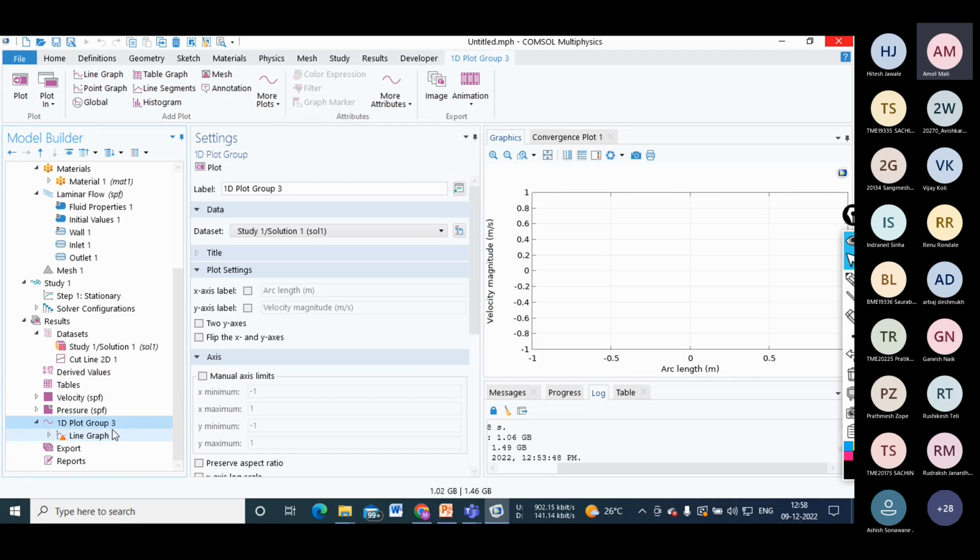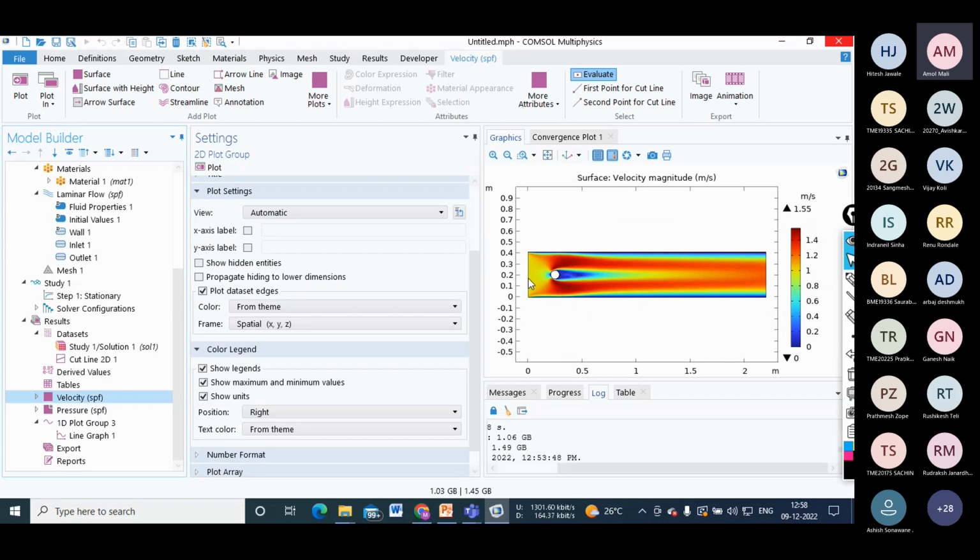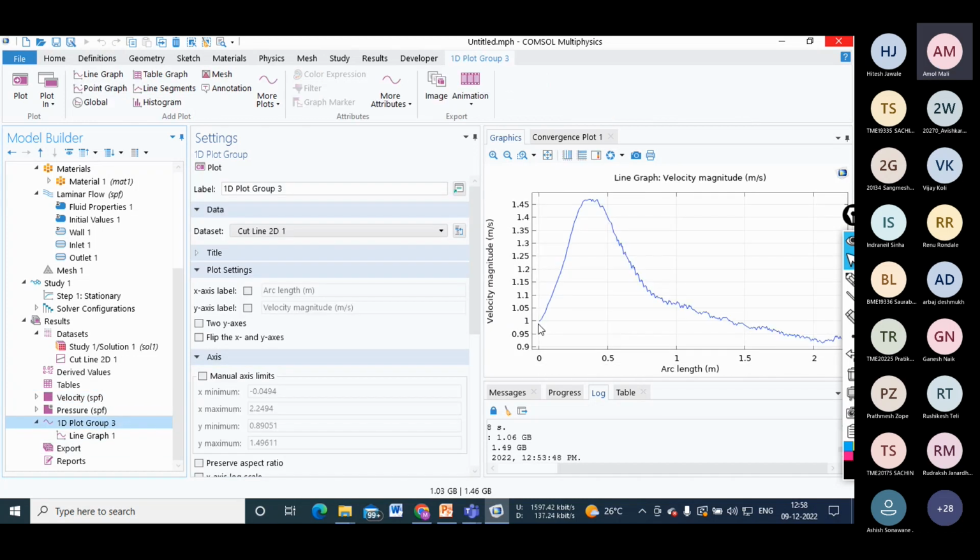Again you have to click on 1D plot group, cut line 2D. So here you can see at the starting of the pipe you are getting less velocity, or you can see 1 meter per second, which we had given as input. But nearer to that,